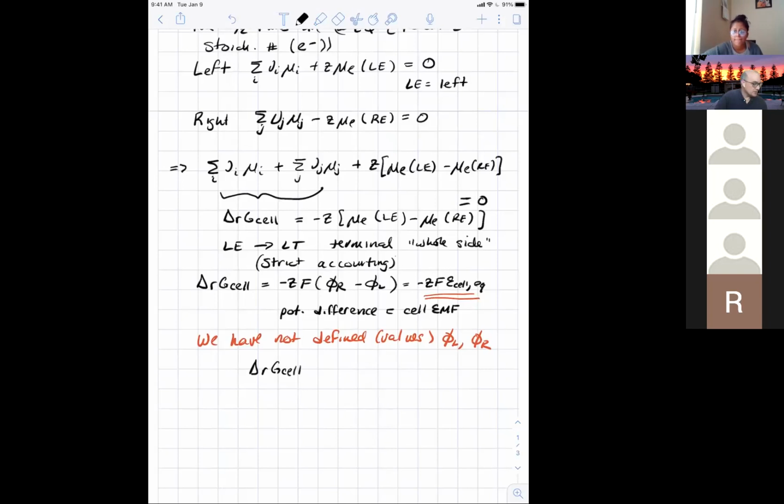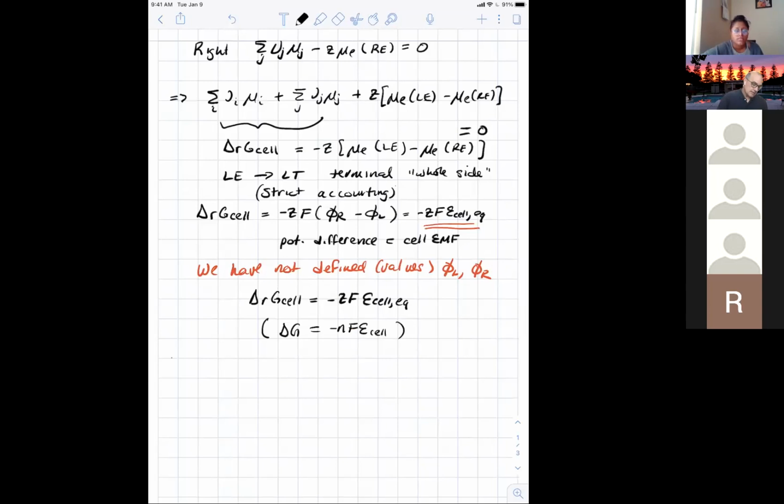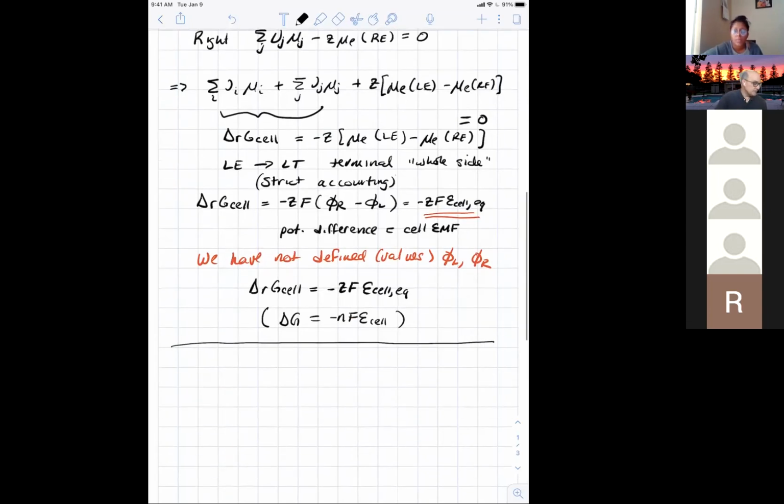So the take home from this section is just this. And this is what we would think about in, say, Chem 25. We would have expressed it like this: the free energy change of the process equals minus NFE cell, right? So we're using Z instead of N, but that's all we're doing, right? So that should be familiar to you. Let's now think about the relation